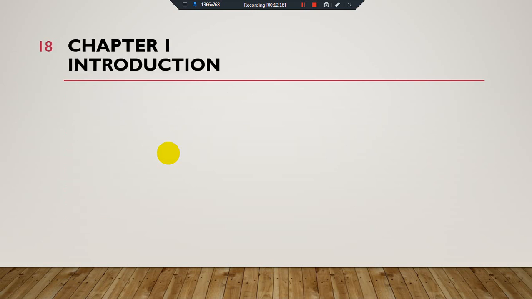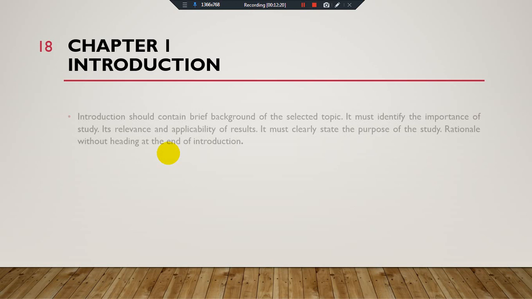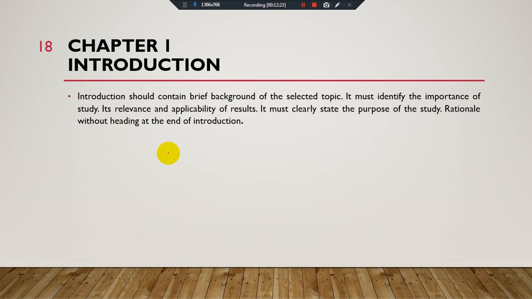After the abstract, you have to start your chapter 1. Chapter 1 is the introduction. The introduction should contain a brief background of the selected topic. It must identify the importance of the study, its relevance and applicability of the results. It must clearly state the purpose of the study and rationale, without a heading, at the end of the introduction.